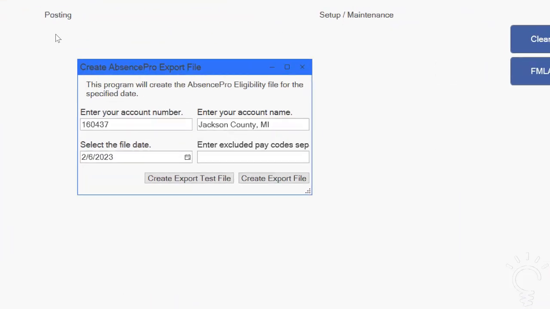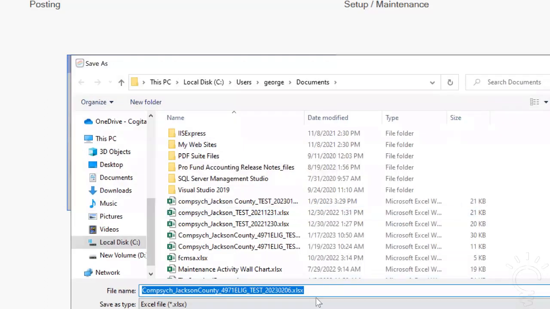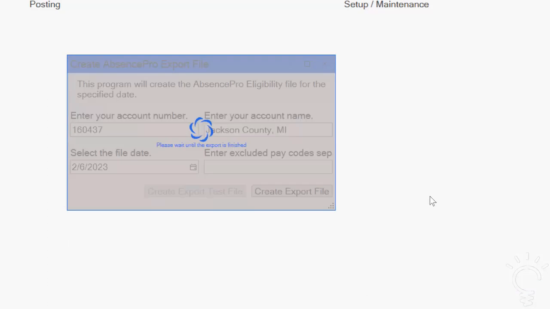So if we simply go into Absence Pro, it's set up for Jackson's. So there's just really two buttons. You create it. There's a couple things in here you have to put in, like they had some overtime and personal time. There's some different time frames for the pay types that they had to exclude. I'm just going to say create export file. It just asks for a file and saves it. It's really straightforward. It doesn't really do a whole lot other than